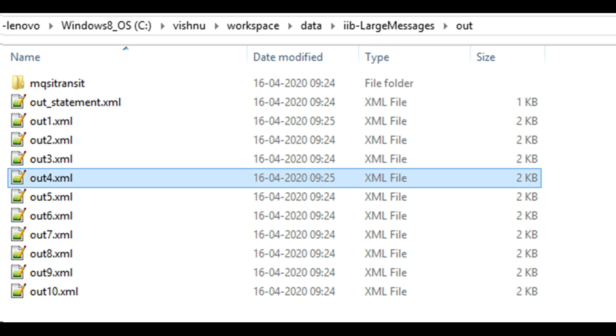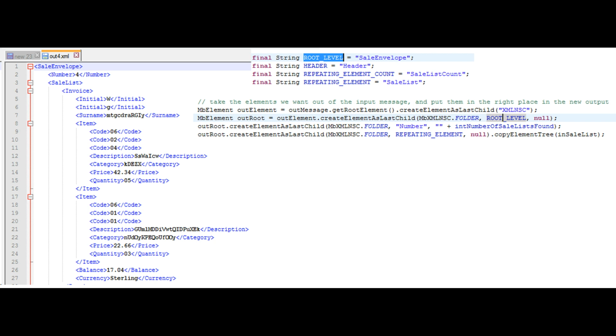Our goal is to accept one input XML file and convert that into multiple smaller output XML files. Screen shows that we use the repeating element in the input XML to slice it. That is, we apply a for each condition on the repeating element. With each slice, we also denote the slice number. Here it is shown as 4, the output file which was generated.